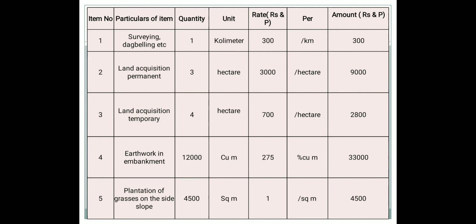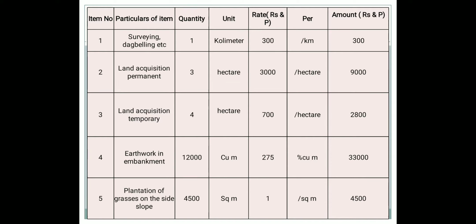Similarly, now moving on to the abstract cost estimate, we talk about the quantity, unit, rate. First, we talk about the item and the particulars of item quantity from the detailed estimate. In addition to that, we will be dealing with the unit, rate, per and amount of that. So to move on, similarly, with respect to the detailed estimate of calculated quantities,